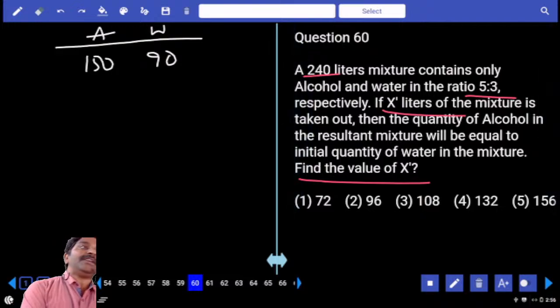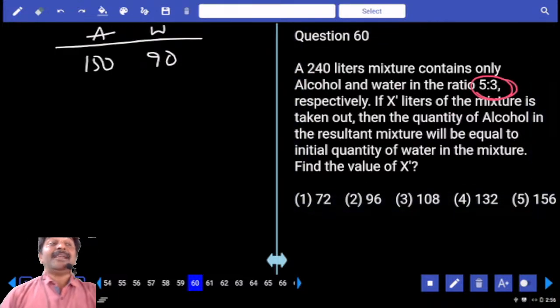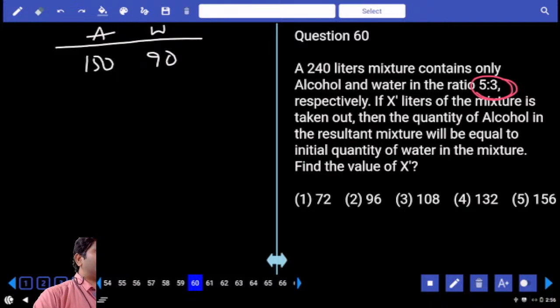X liters quantity is taken out. So that x liters will have both alcohol and water together. Even in that, it has to be in the ratio 5:3. Then remaining also should be in the ratio 5:3. Right? Initial ratio 5:3. Quantity which is taken out also should be in the ratio 5:3. Remaining also should be in the ratio 5:3. Agreed? Now,